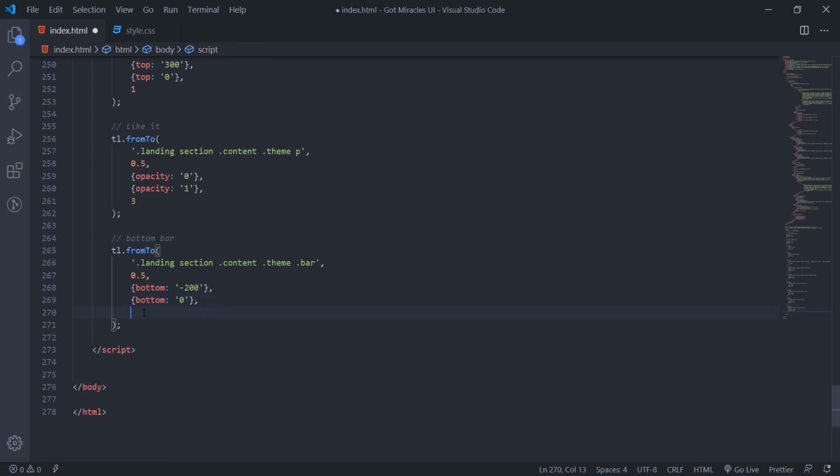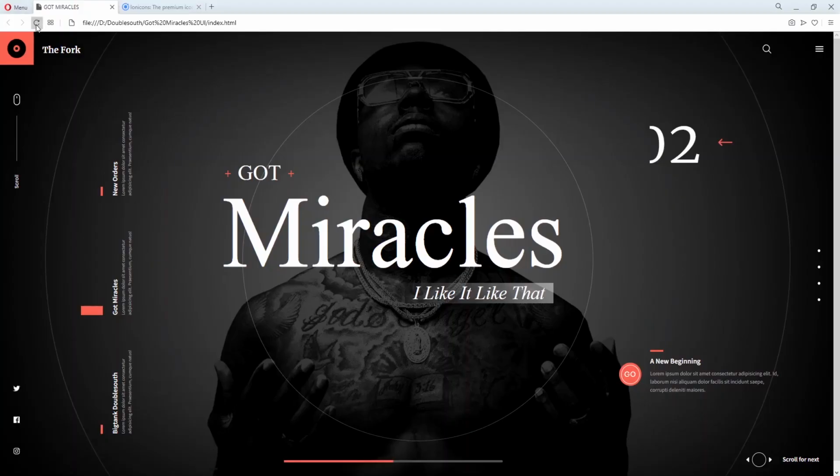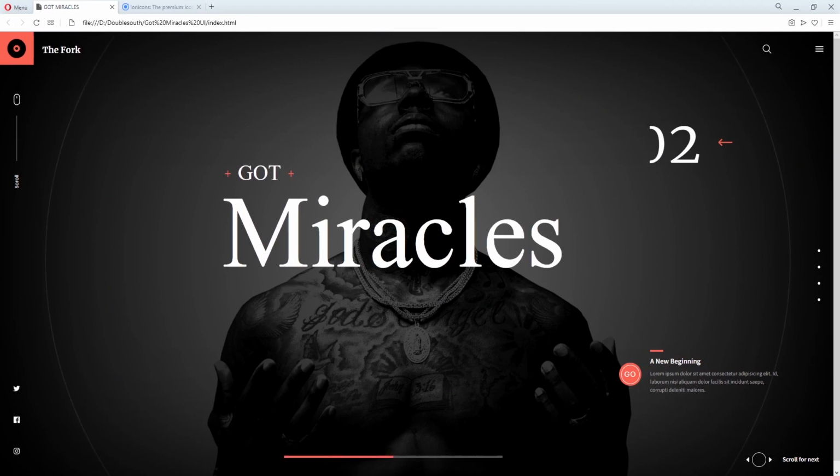I will change 3 now to 1.5. So we give all of these delays different values so that they come at different times. But sometimes you don't want things to scatter like that. You think it out in your head first. Say okay, this is how I want my animation to be, which one comes first, which one comes last, something like that. So you decide on your values and what you'll use.